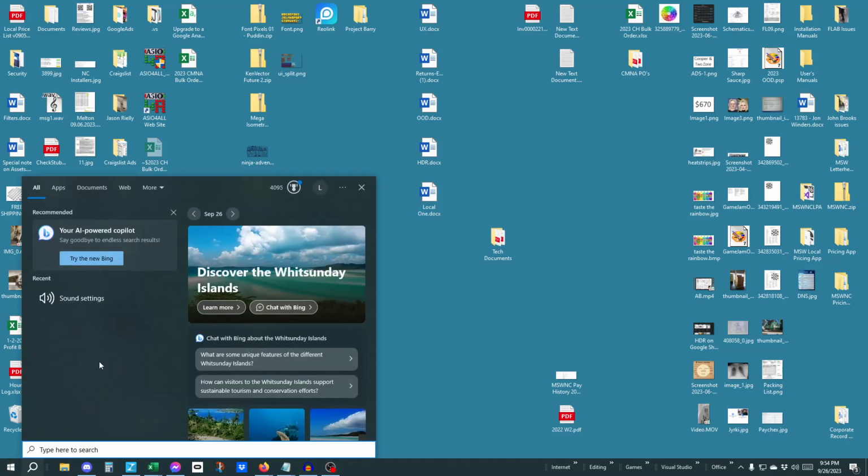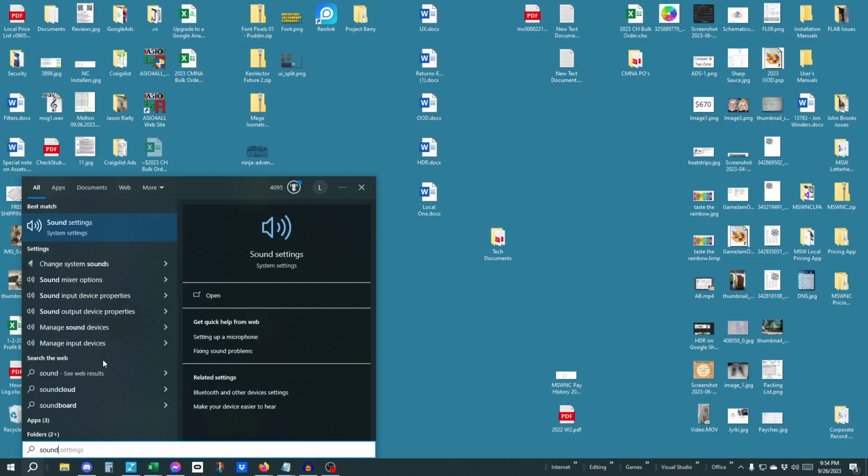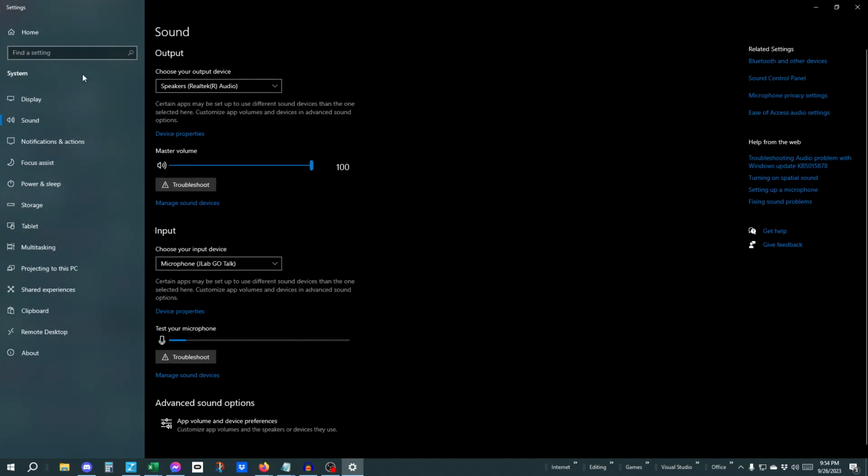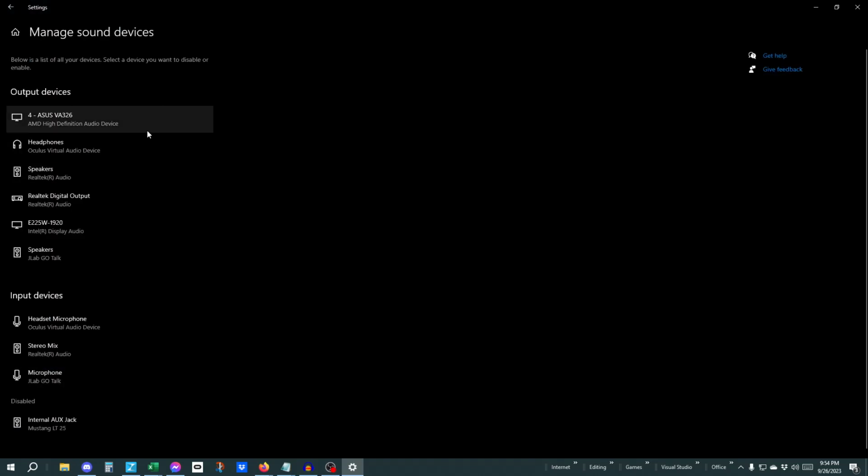That's going to open up your search window, and in that you're going to type sound, and it should pull up the sound settings. So you click on that. That's going to open up your sound settings window. You're going to go down here to your microphone area, and right here you'll see Manage Sound Devices. We're going to click on that, and you'll see your output, your input, and lo and behold, down here,